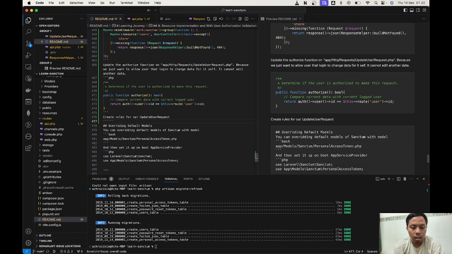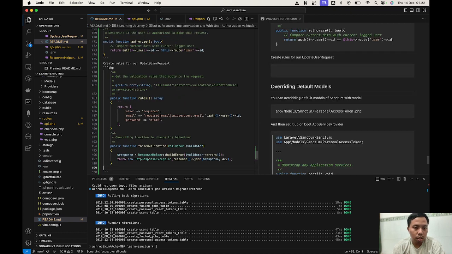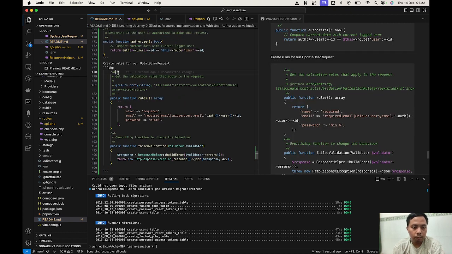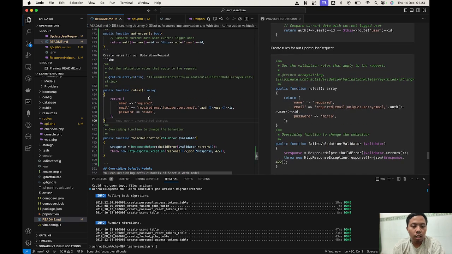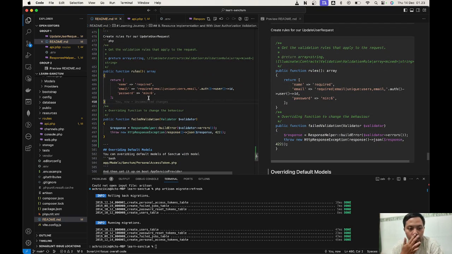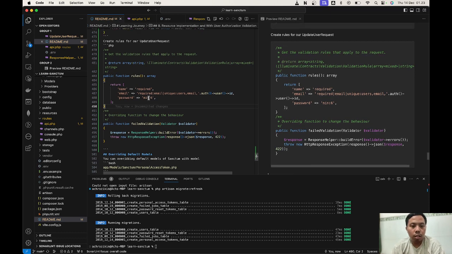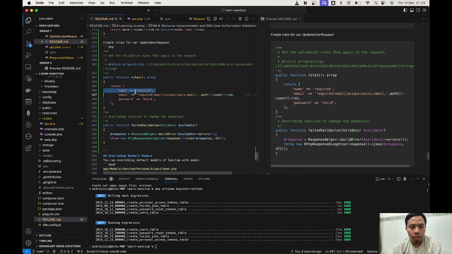Something like here. Let's put it here. This rule is like the previous rule from the store user request. We make sure the name is required and the email must be unique except its own user ID, something like this.